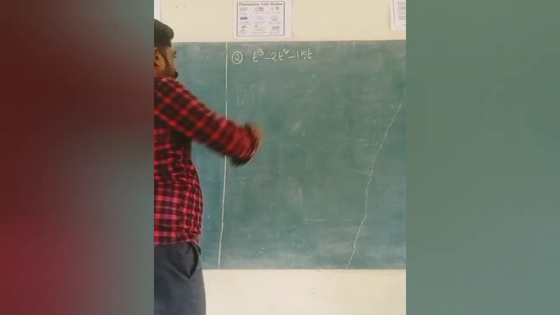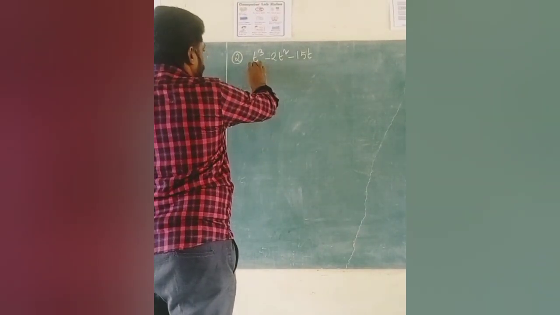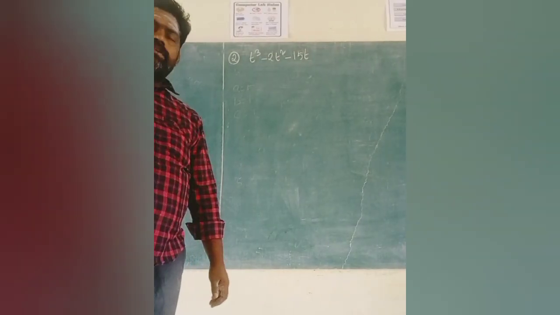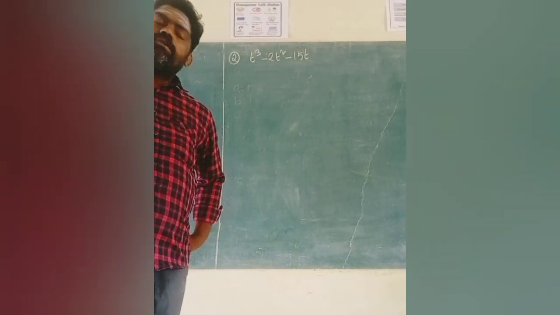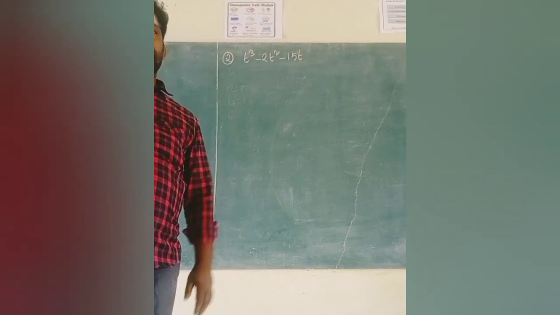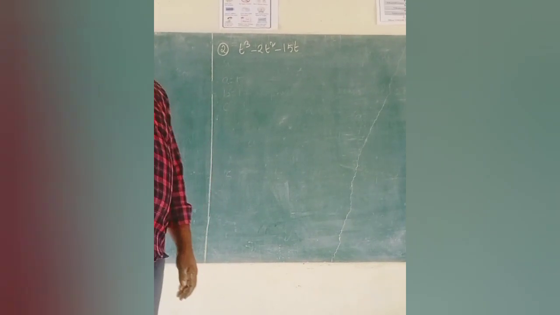15t. Then t cube comes. It is a cubic polynomial, isn't it? So a cubic polynomial has how many zeros you will get? 3 zeros you will get, isn't it? Then,